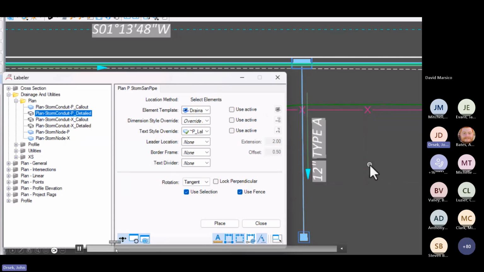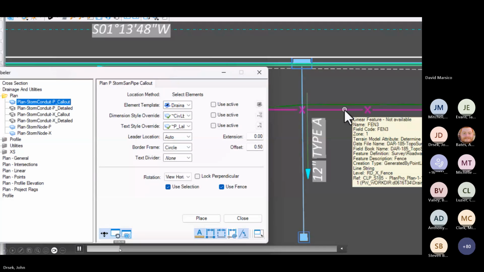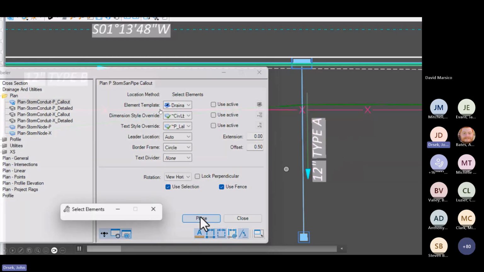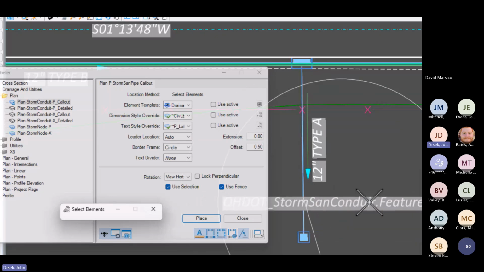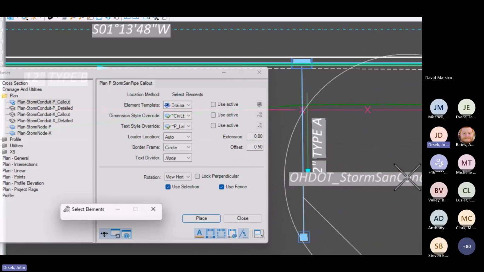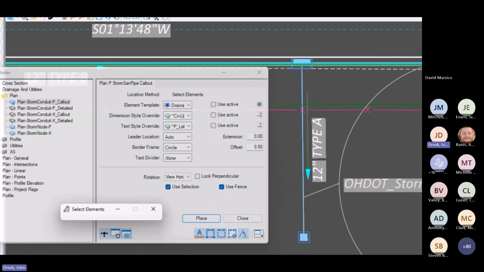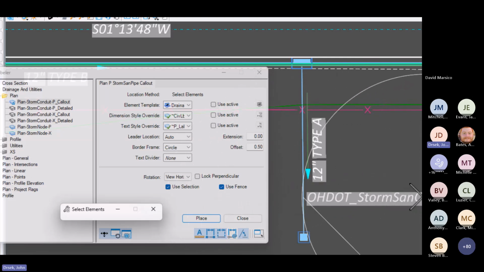I'm going to jump forward. If I want to place this call out, I click on this call out label, come here and place it, and make sure I get my conduit snapped so that it knows how to fill out the text field. But what you'll notice is it doesn't fill it out. If I place this, it keeps it as